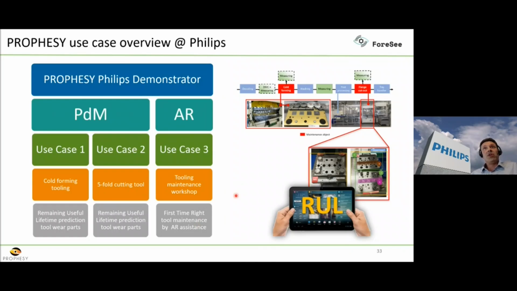So then, an overview of the use cases we defined within Prophesy in the Philips demonstrator. We have defined two use cases around the prediction of the remaining useful lifetime, we call RUL, of tooling wear parts. We had two different processes in our cold forming line, which is the cold forming process, and the blanking process, cutting out of the end product. So we have two different processes. We have two different data streams being fed to the